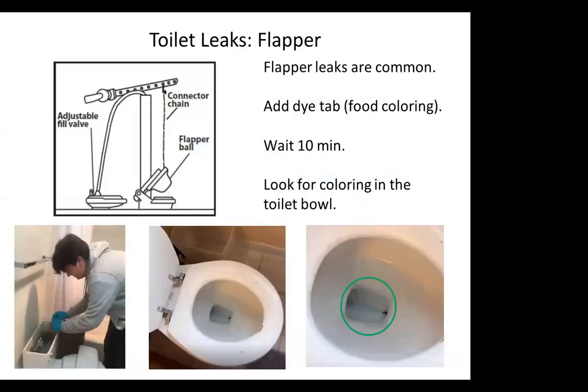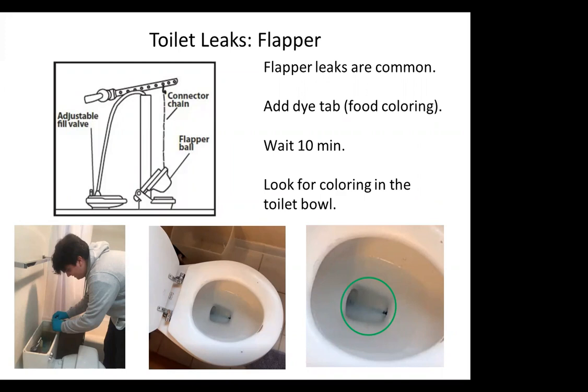What could be leaking is the toilet flapper. This picture shows what the flapper ball might look like. When you flush the toilet, the connector chain pulls up the flapper ball and the tank water rushes into the toilet bowl. If the flapper ball loses its seal, which just happens over time, then the tank water will constantly be leaking into the bowl when not being flushed, and so it'll be refilling itself and using more water.